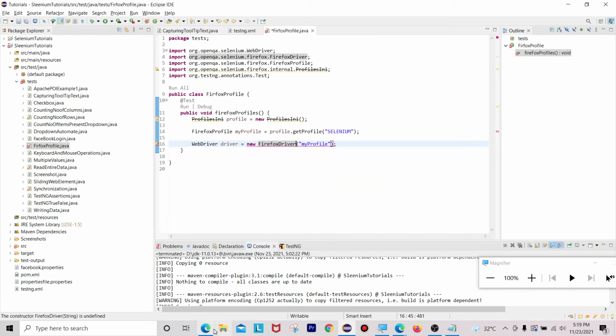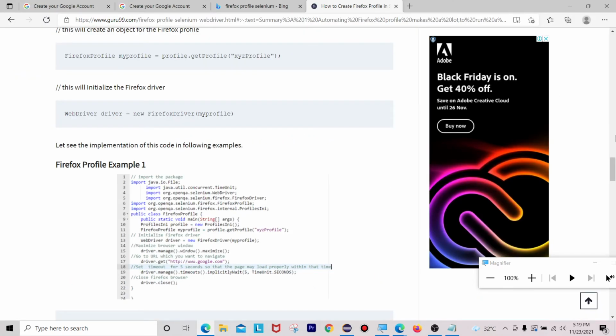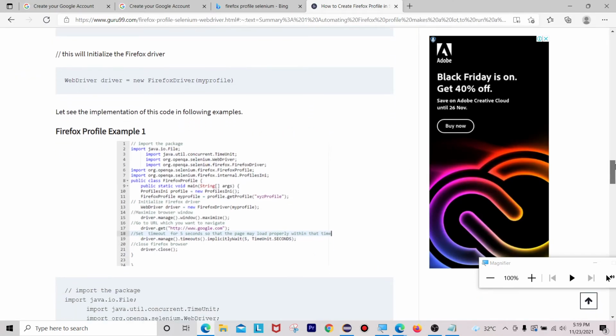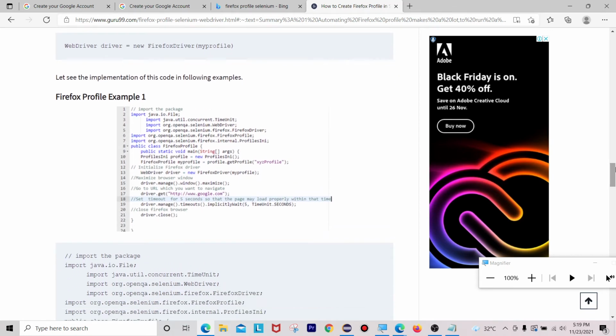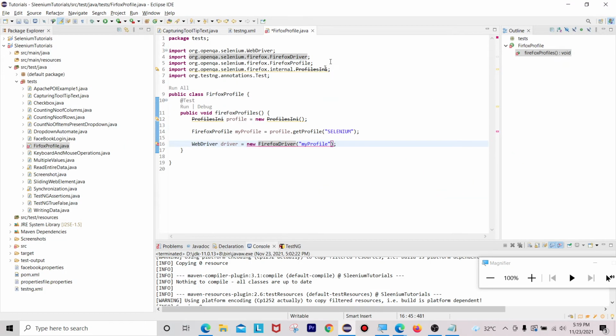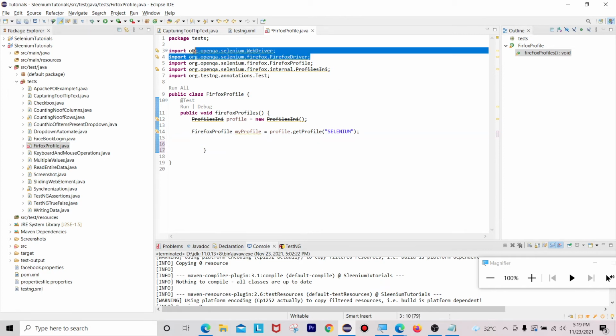Driver equals new Firefox driver, right? Okay, so let me remove this line. We'll see. Okay, so I'm not using these lines.